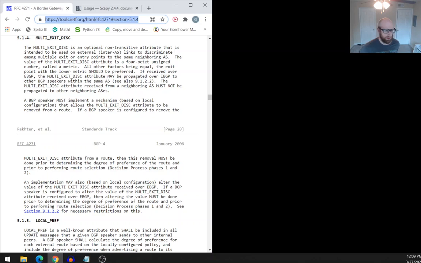An implementation may also, based on local configuration, alter the value of the multi-exit discriminator attribute received over eBGP. If a BGP speaker is configured to alter the value of the multi-exit discriminator attribute received over eBGP, then altering the value must be done prior to determining the degree of preference of the route and prior to performing route selection. Decision process phases 1 and 2. See section 9.1.2.2 for necessary restrictions on this. So it's an optional